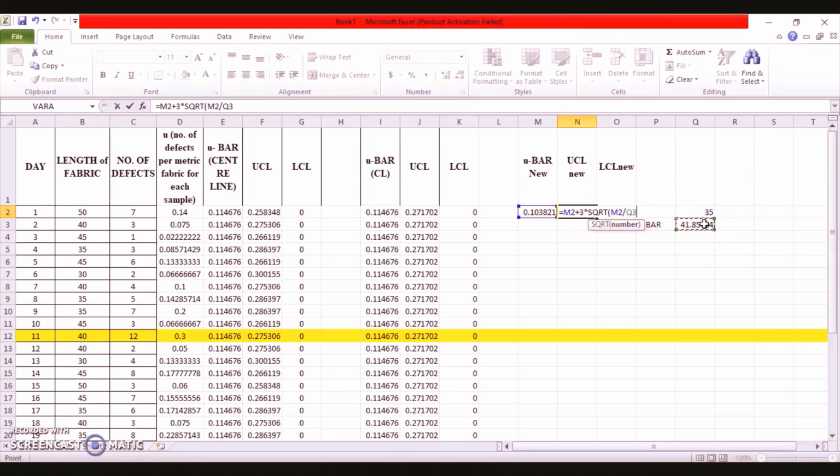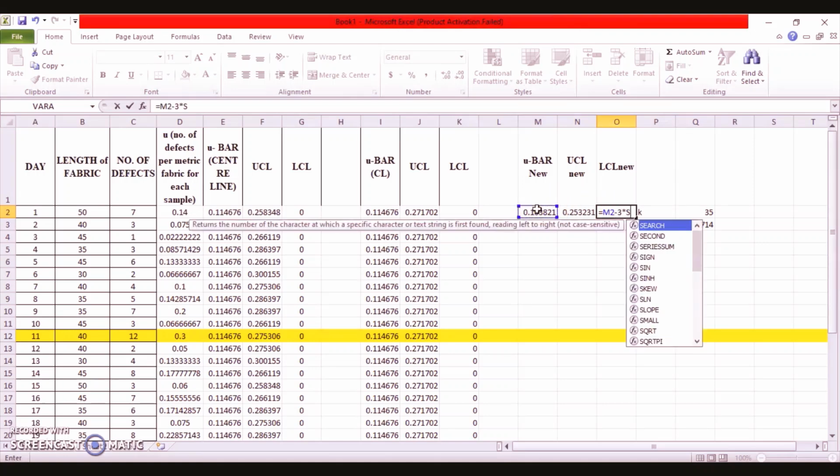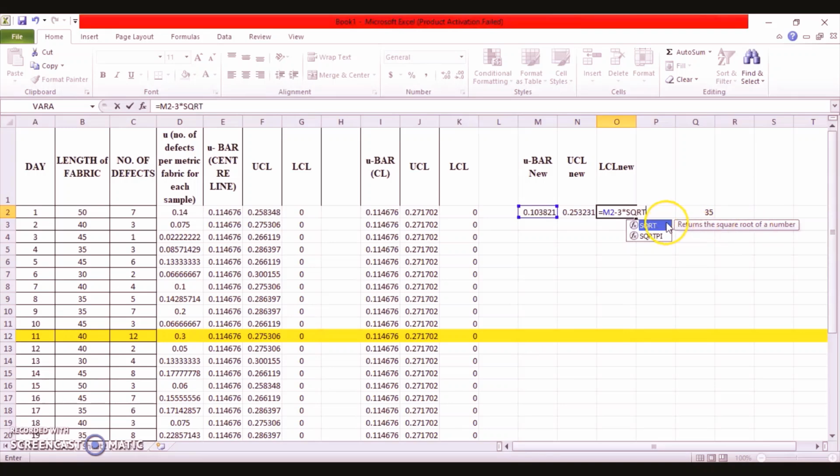Why? Because here I'm using the second approach, taking the average sample size. You can try on your own using the sample size individually or separately for each and every sample point given, right? That could be an exercise for you to do. And for the lower control limit, again the formula will be your U bar new minus 3 into square root of U bar divided by n bar value,